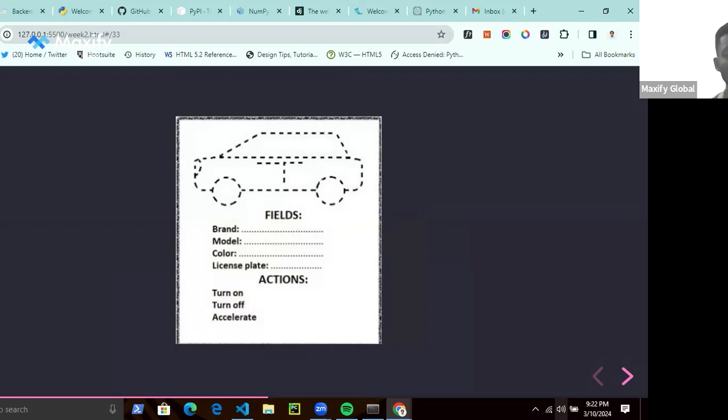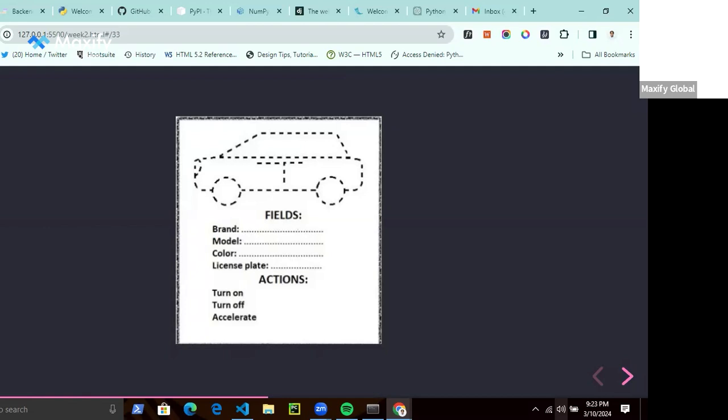It has attributes, the fields such as brand, model, color, license plate, which are examples of attributes and properties, while the actions we can perform on this car are to turn it on, turn it off, and accelerate. So if we define this class, we can now create multiple objects of this class called car, multiple instances of them, and they can now have all of these attributes and methods, okay?